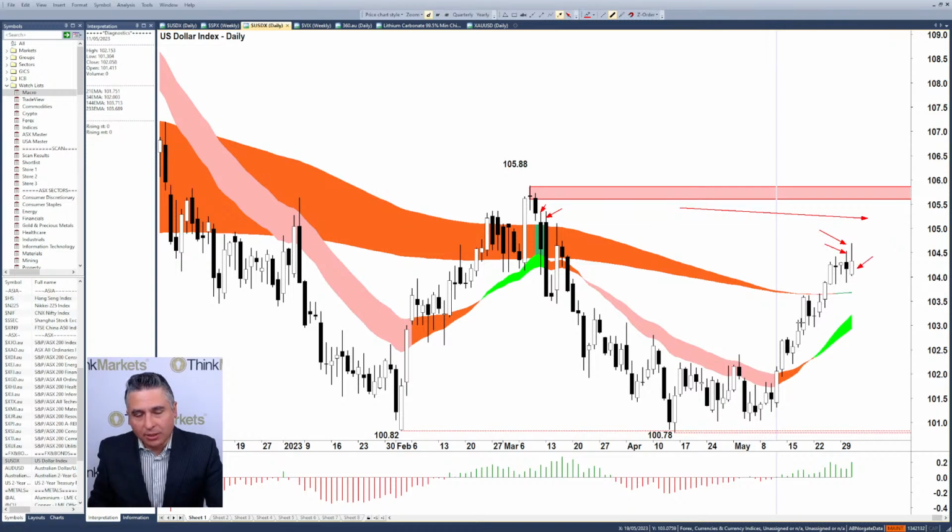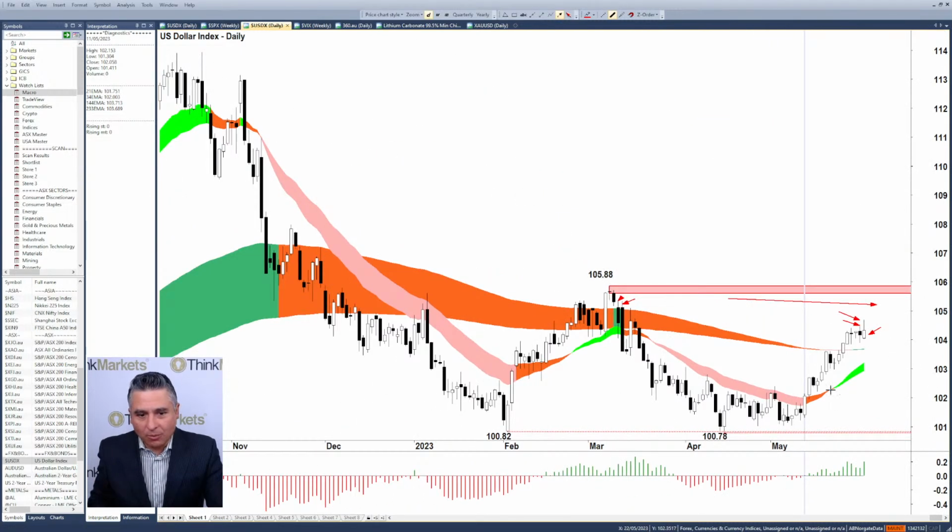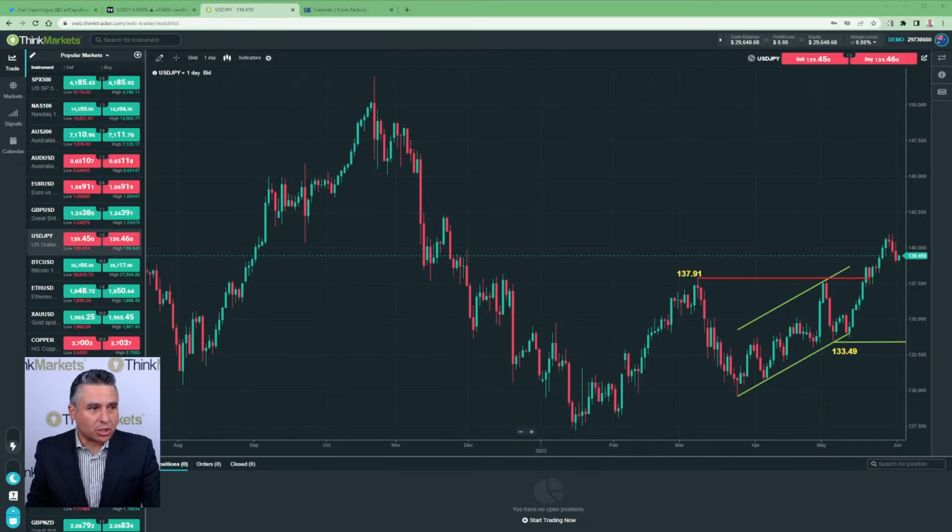We could get a lower peak, and that would just confirm for me what I believe, that at some stage we will tend to trend it down. But is it tradable? Certainly, you can trade the US dollar index with us. So to prove that, I will head over here just for an instant, I promise, just to show you